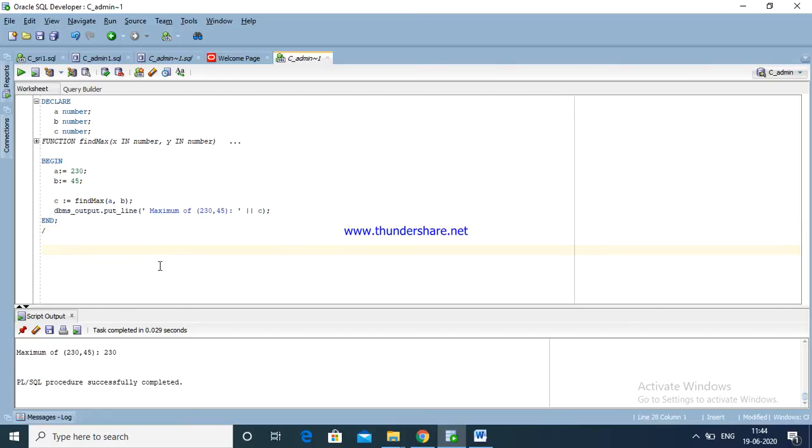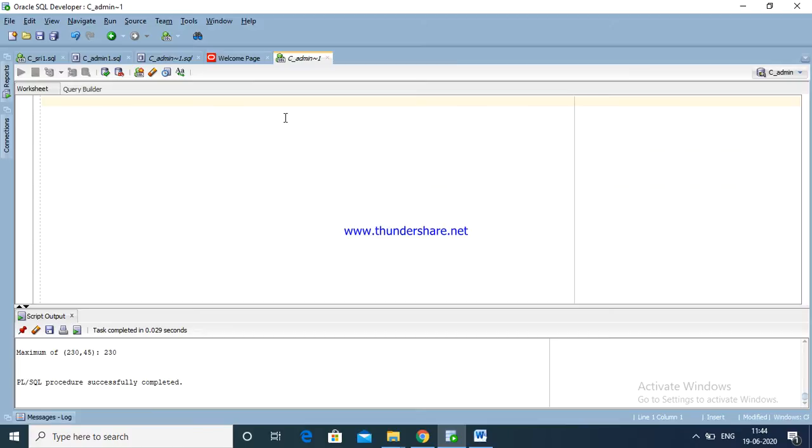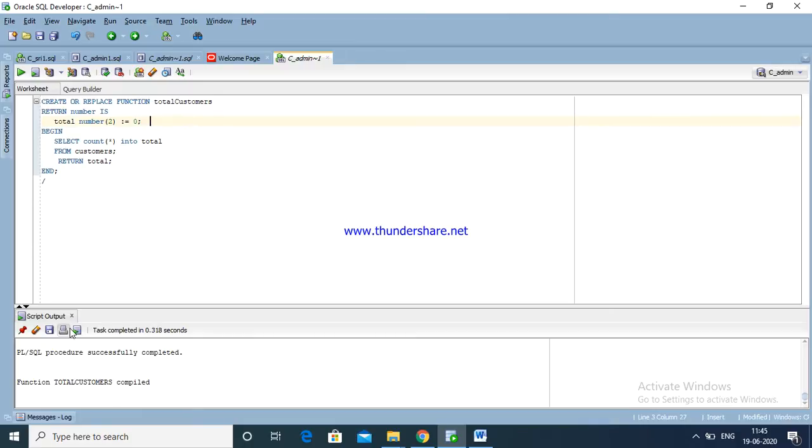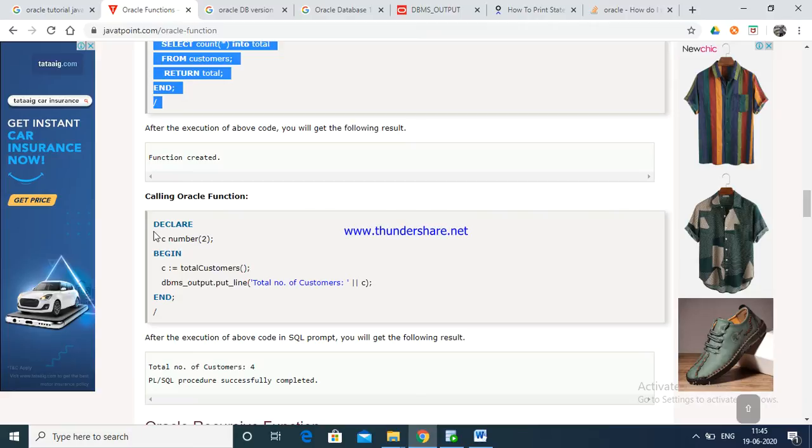Now I am going to use Control Delete, and then create. See here, function total customers compiled. Compiled successfully. The next step: we are going to call the function, with declare, beginning and end.